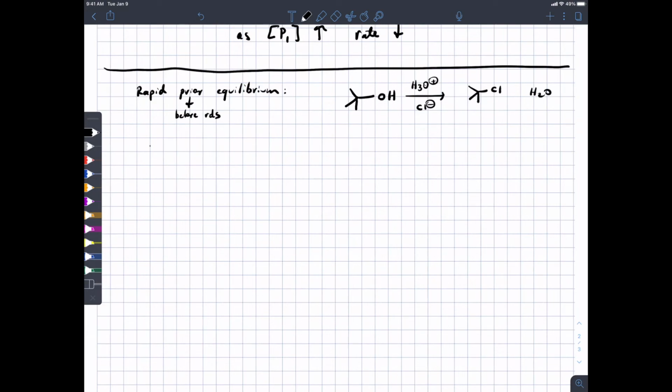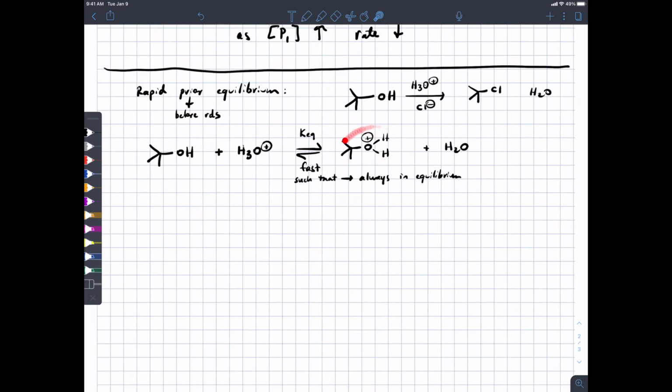Okay, so let's write out the elementary steps of this reaction mechanism. Presumably, the first step would be protonation of the OH group by H3O plus to give you this oxonium ion, where OH has been turned into a good leaving group, and then the conjugate base of hydronium, which is water. And we're going to assume that this equilibrium is fast relative to subsequent steps, such that we're going to say it's always in equilibrium. That is, as soon as we pull this product, this oxonium ion, away for a subsequent step, the equilibrium adjusts